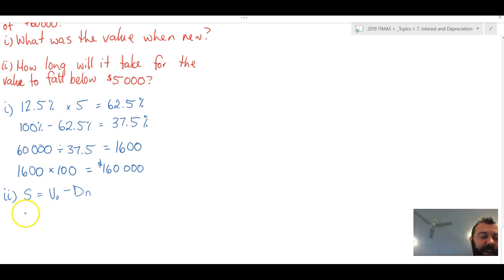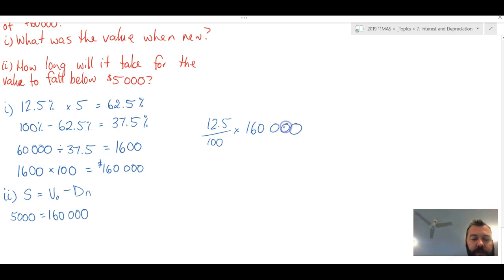We know our salvage value is going to be 5,000. Now, V0, our initial value, we just worked out as 160,000. Now, D, well, let's just go over here. I'm going to say that 12.5 over 100, right, 12.5% of 160,000. We're going to see it's 20,000,